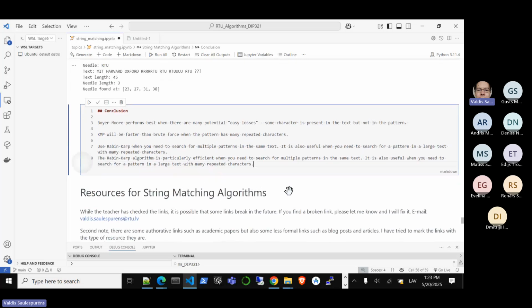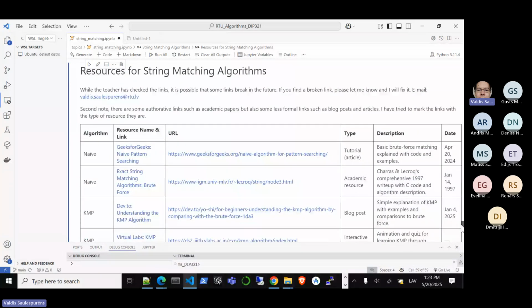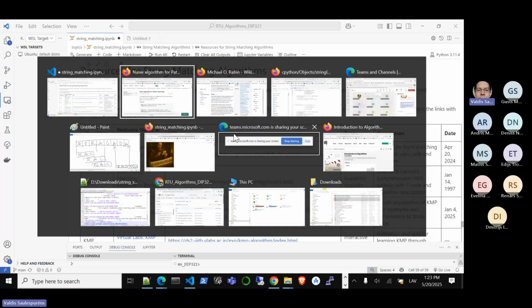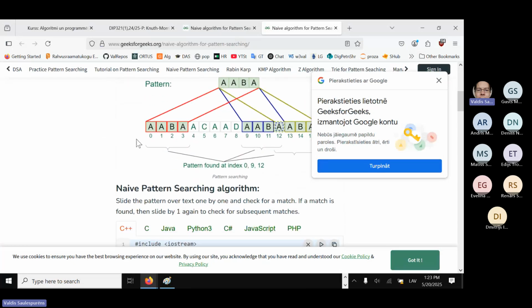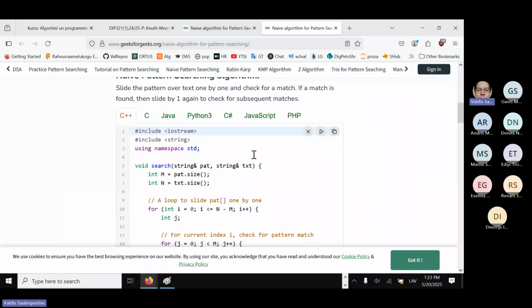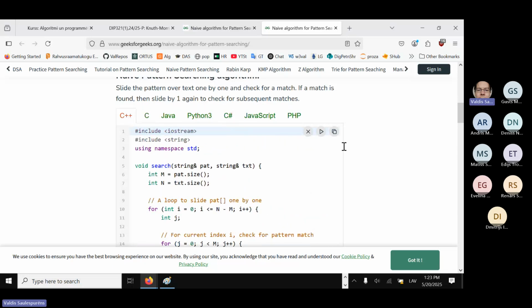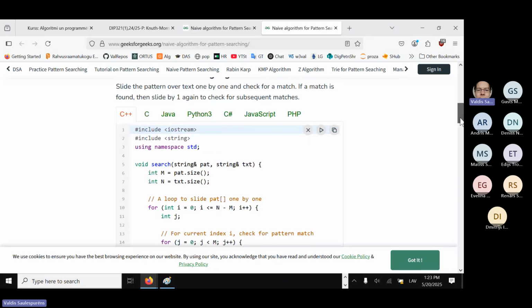I have some extra materials for you to check. Again, I checked the links, but I didn't check all of them. There are some resources, like of course, Geeks for Geeks. It's not an authoritative resource, but it might be nice to practice. It has nice visualizations, and it's gotten much better. It also has all the main languages you could think of: Python, Java, C, C++. Again, the code sometimes is not very good, but